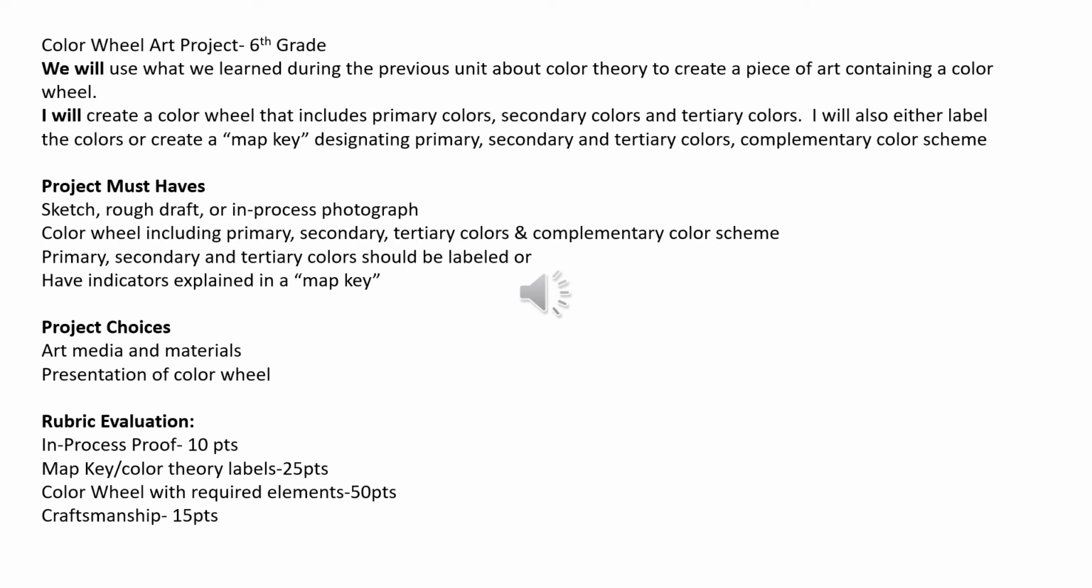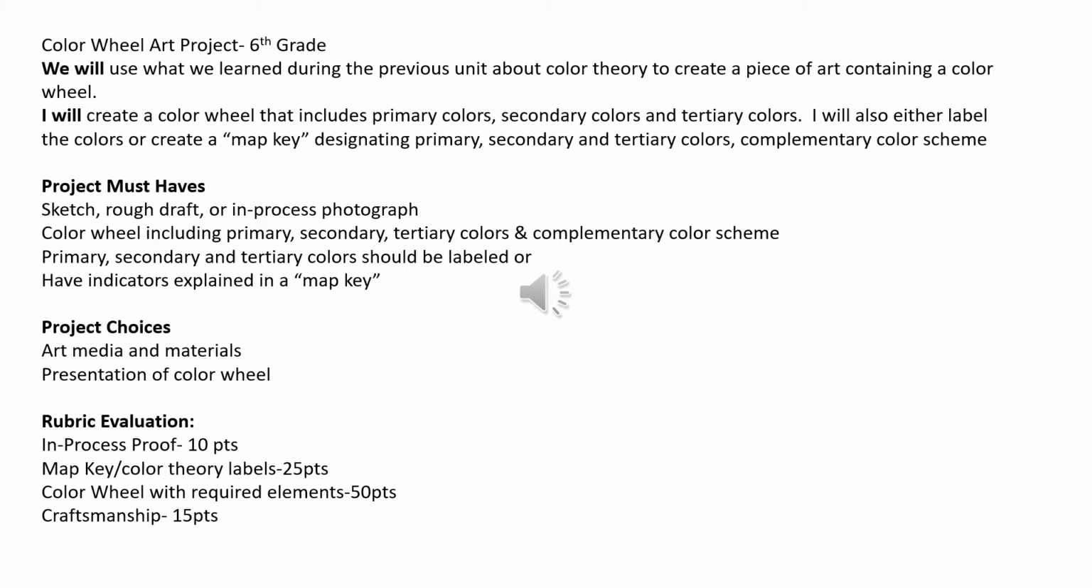These are the instructions for the 6th grade Color Wheel Art Project. We will use what we learned during the previous unit about color theory to create a piece of art containing a color wheel. I will create a color wheel that includes primary colors, secondary colors, and tertiary colors. I will also either label the colors or create a map key designating primary, secondary, and tertiary colors and complementary